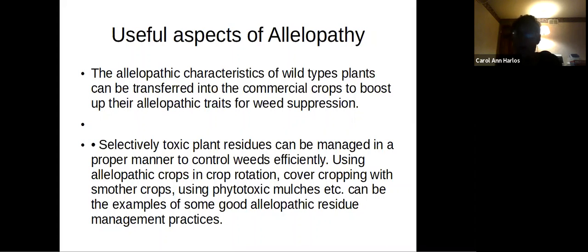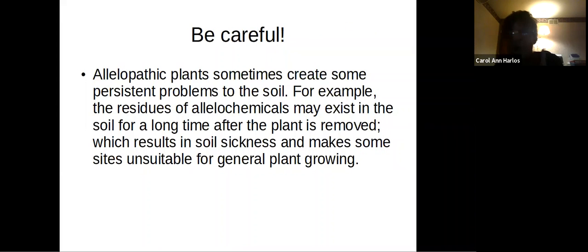And some people believe that you can use them in crop rotation, cover cropping to smother things, for mulches, and there's work being done here. So some good allelopathic residue management practices may be in the future. But we need to be careful. All the products that are created by these plants are not benign. I am sure that everybody here has heard people say, oh yeah, such and such is a great product because it's organic. And I look at them and I say, oh,